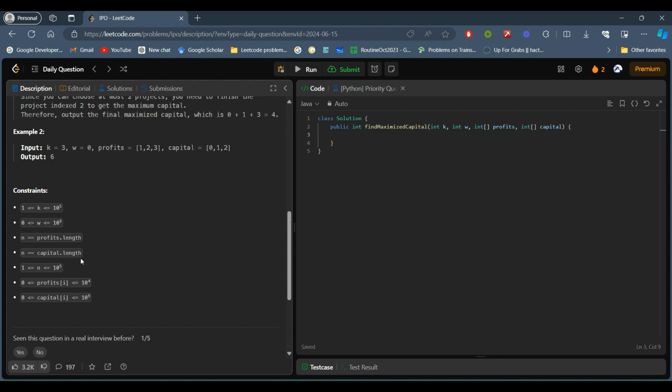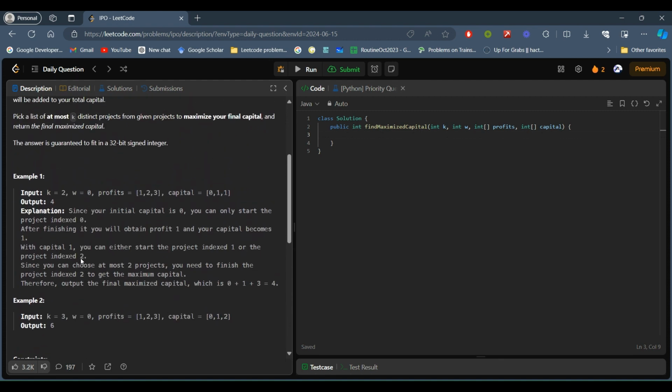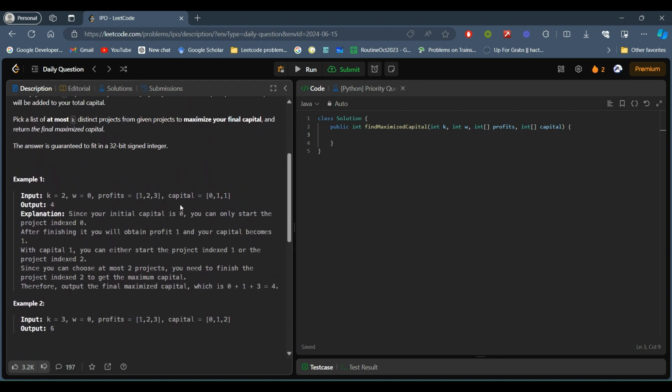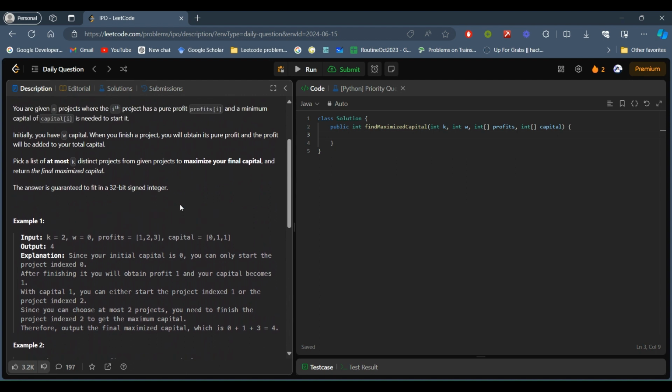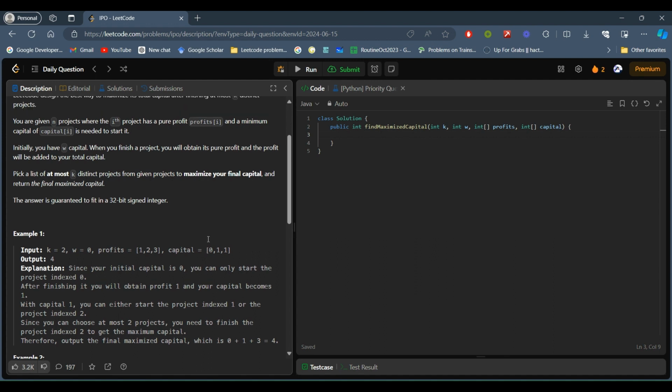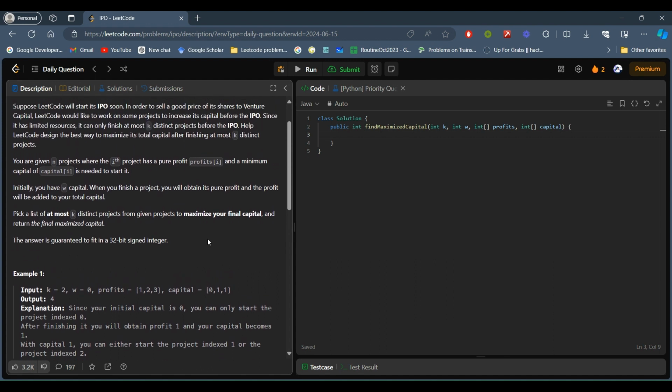So we have to do some sorting. Basically we have to maximize the value, and we have to choose the project which has less capital but more profit. For this, firstly we are going to store the values of a project, and the project has the components capital and profit.